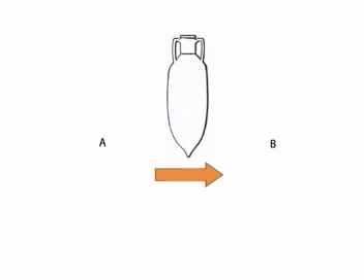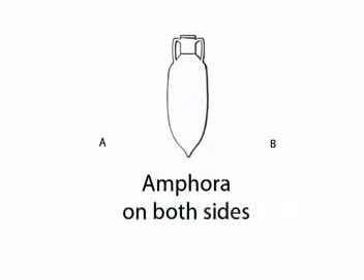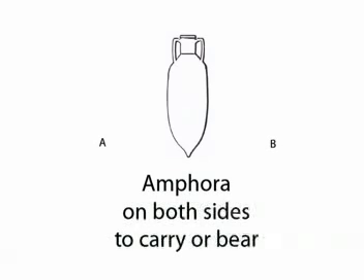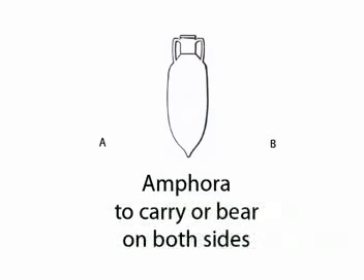Now, amphora has a root in Greek that comes from amphoresis, which means both sides. So you have a handle here on both sides, it's not just one. And it comes from pheron, which means to carry. So an amphora is something which carries things on both sides.